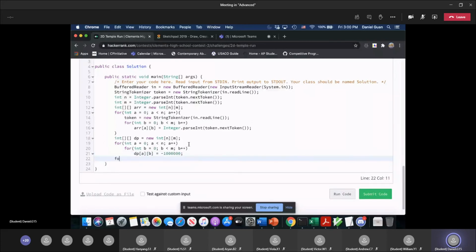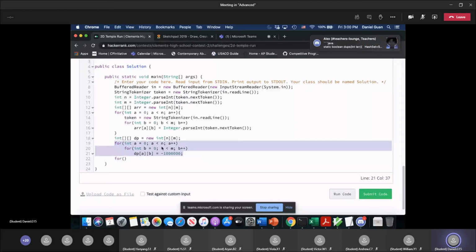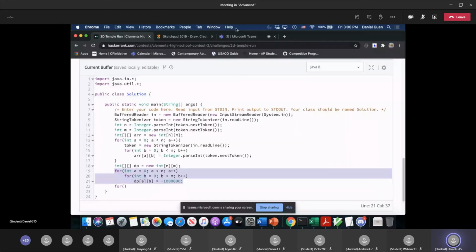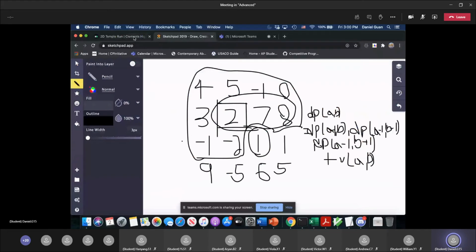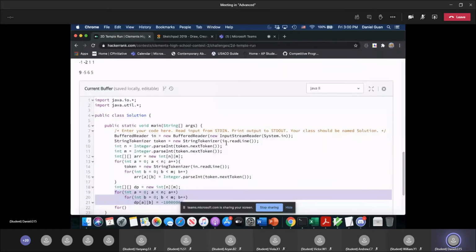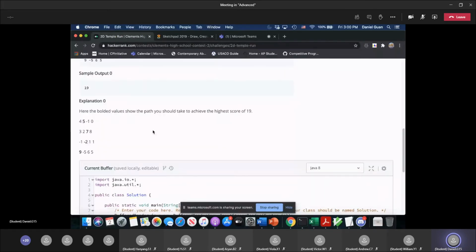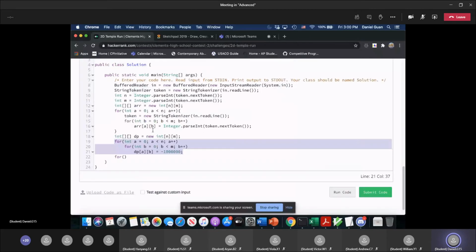So basically what this line of code does is initialize the DP array. Since when we're calculating the dynamic programming values, we want to find the maximum of these 3 values plus this. So since we want to maximize the value that we achieve, when we are setting it to -1,000,000, we're essentially setting it in this case to -infinity, so that